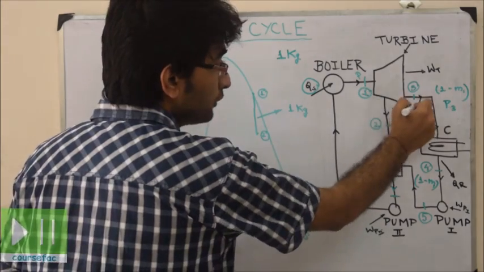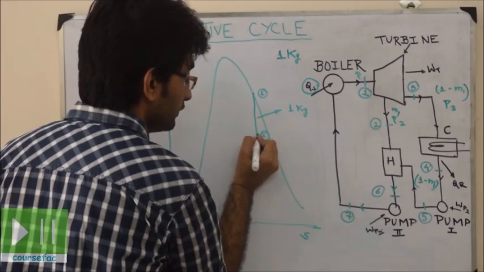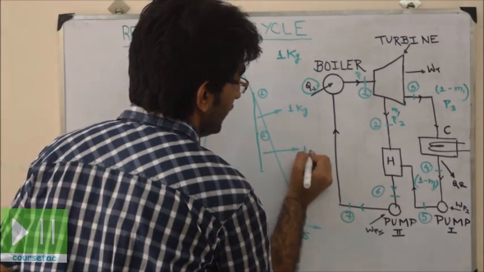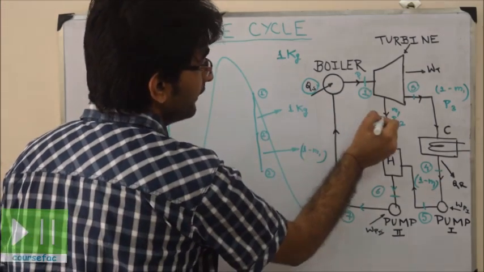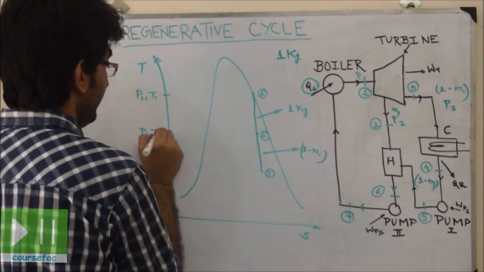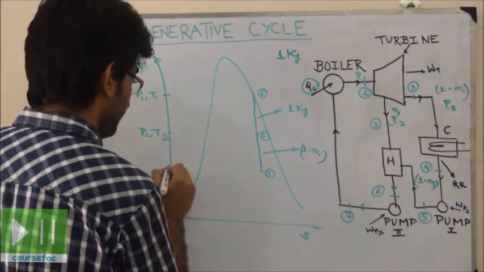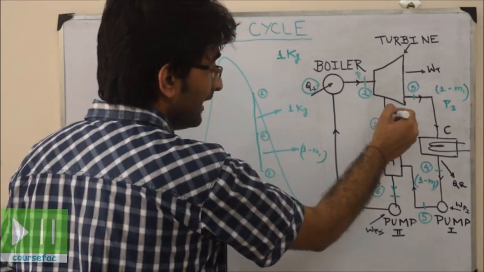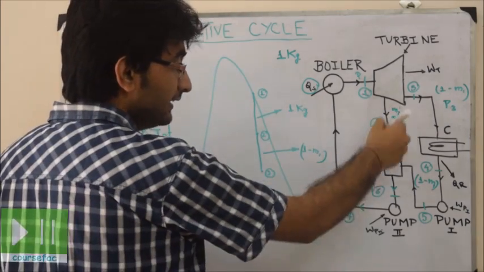So, 2 to 3 is the expansion of 1 minus M1 kg of steam. 2 is at a constant pressure of P2, and let us take the tab as P2, and 3 is at a pressure of P3, so this is 3. Now, the M1 mass that is extracted is fed to the heat exchanger, and this gets